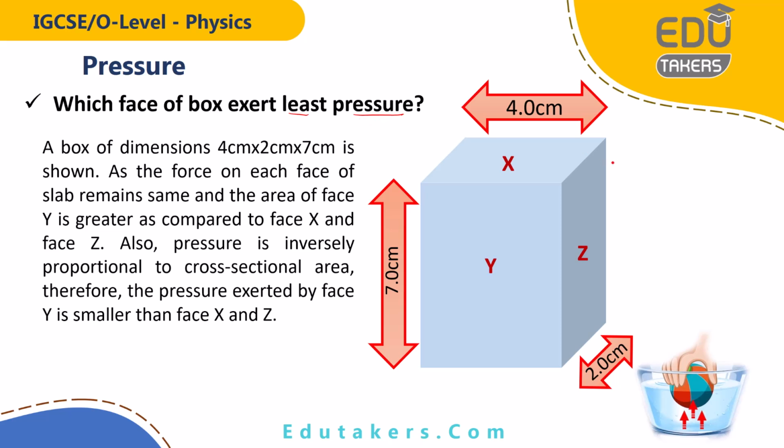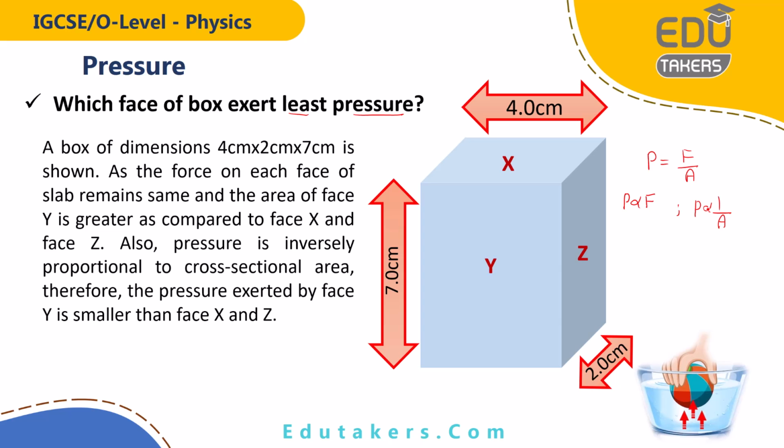First of all, you have to understand the formula of the pressure, which is F over A. The pressure depends upon two factors. One is the force and the second one is the area. When the force is larger, the pressure would be larger because pressure and force are directly proportional to each other. You can also see the relationship between the pressure and area. Both of these are inversely proportional to each other. It means that when you increase the cross-sectional area, the pressure accordingly decreases because both of these are inversely related with each other.